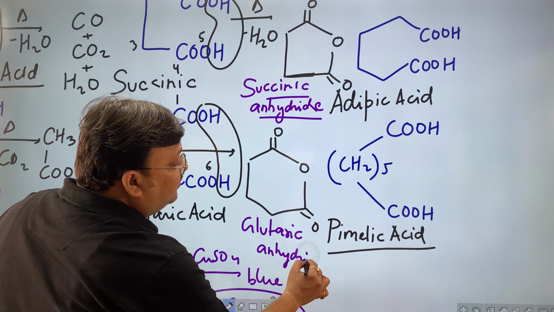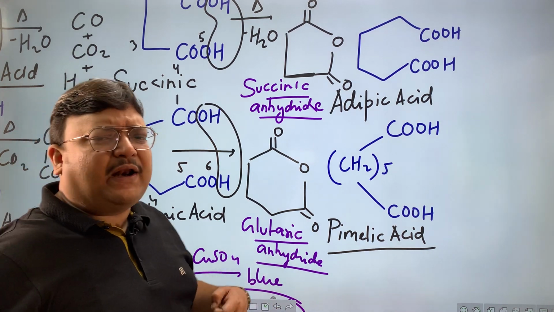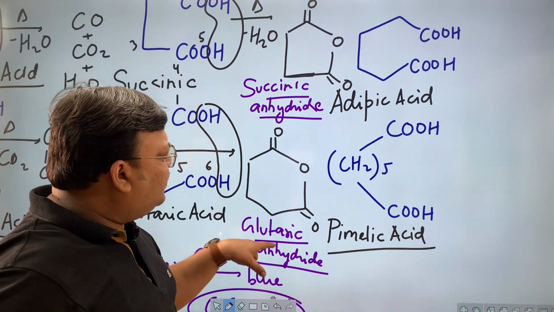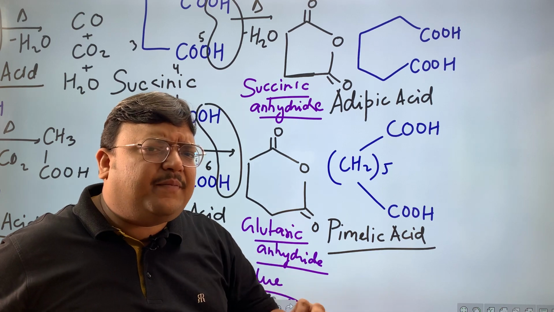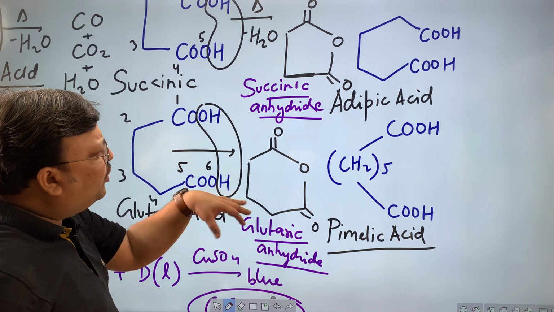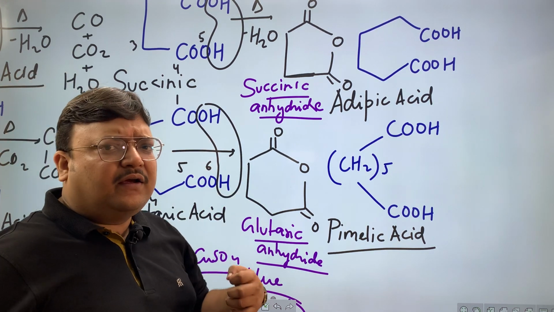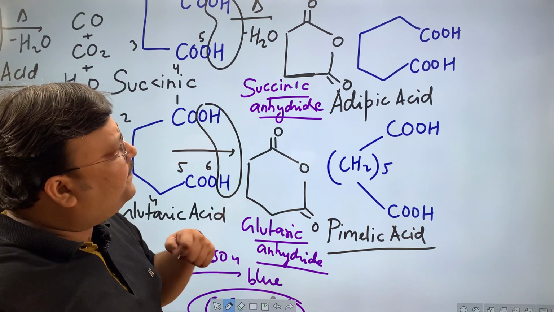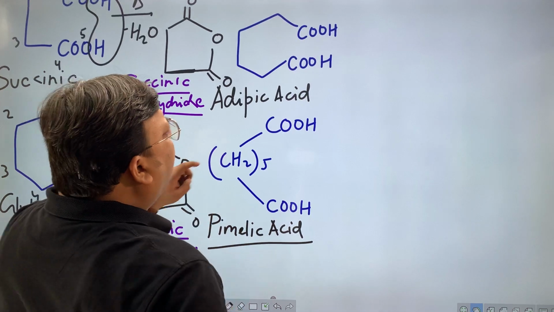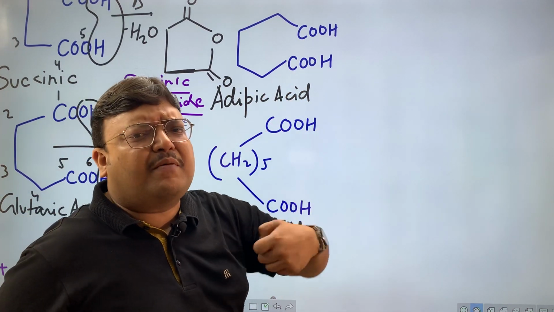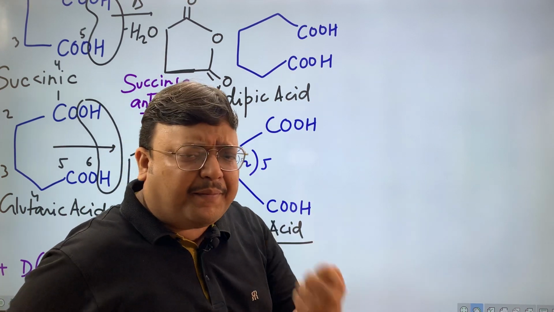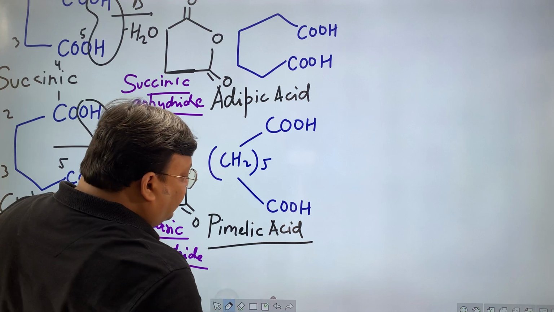So oxalic acid, loss of water. Malonic acid, loss of carbon dioxide. Succinic, glutaric, loss of water forming anhydride. You know the term anhydride means without water. So when you add water to anhydride, it will get back to the dicarboxylic form. Adipic, pimelic. Now the problem with adipic, pimelic is, अगर इससे anhydride बनाएंगे, it will be a 7-membered ring which will not be very stable. You know the most stable is 6-membered ring, then a 5-membered and a 7-membered ring. So here there is a logic.